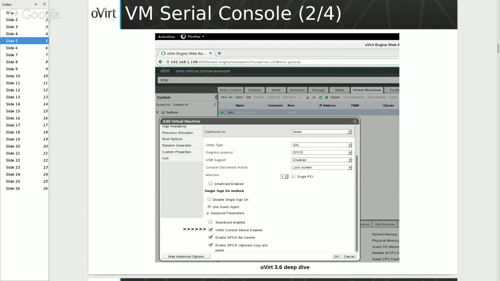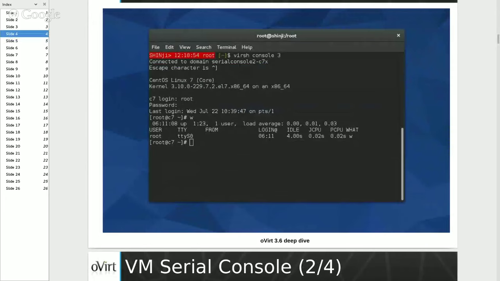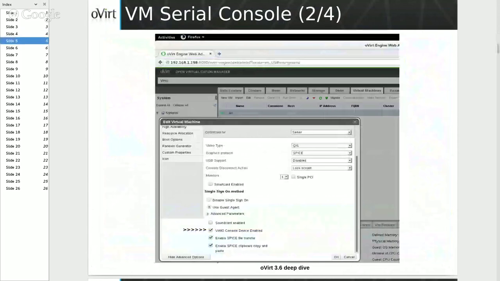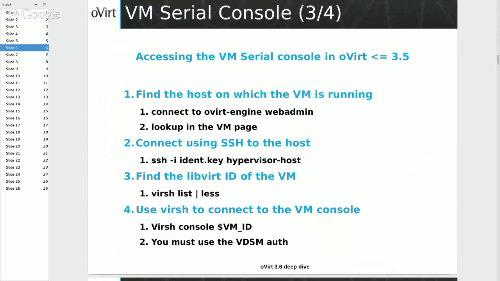It is the one which enables the virtio console device itself. It is disabled by default. Once this is enabled, it is accessible using Virsh, like I showed before. Up until and including oVirt 3.5, how can an administrator or a user access a VM console? There are a lot of ways, but probably the most common is to just locate the VM,